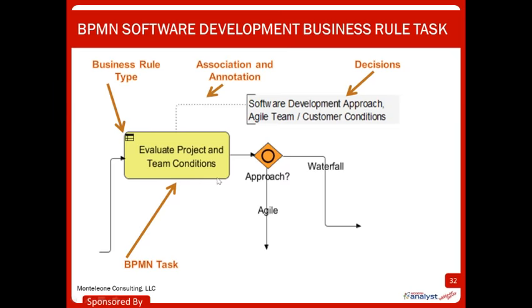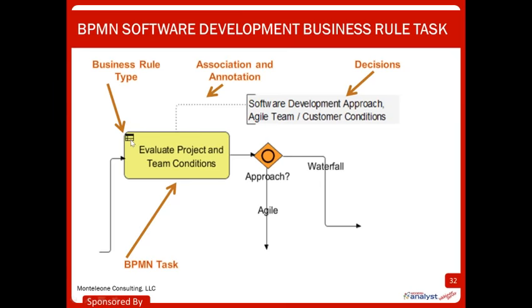So that's where our decision is made. But over here we have the gateway, right? And you'll notice that diamond. It could be an approach of Agile, could be Waterfall, or maybe some combination of the both, because this particular gateway allows us combinations. If we look at the evaluation task, we use a business rule type, you'll notice